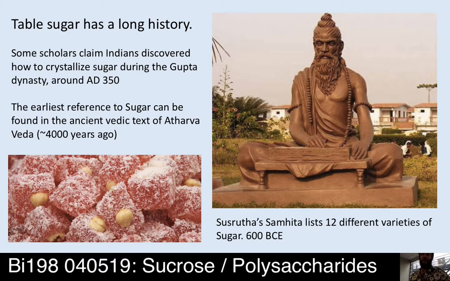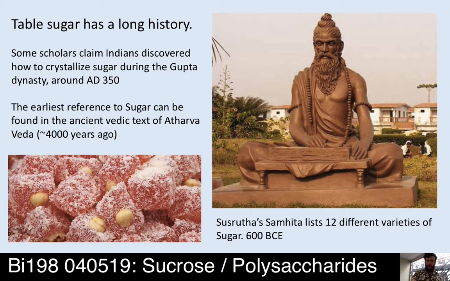So white sugar has actually been around a pretty damn long time. The first people documented to have isolated white sugar, or table sugar, sucrose, were ancient Indians who learned how to crystallize it in the Gupta dynasty about 2,400 years ago. However, the very first reference to it is older than that, in a Vedic text that's 4,000 years old, the Atharva Veda, a text that